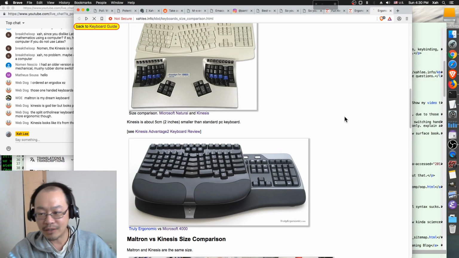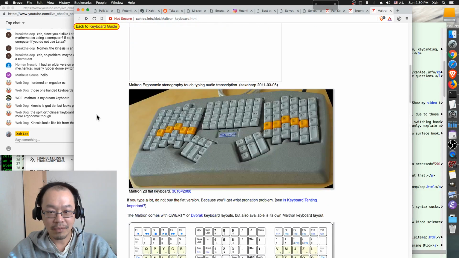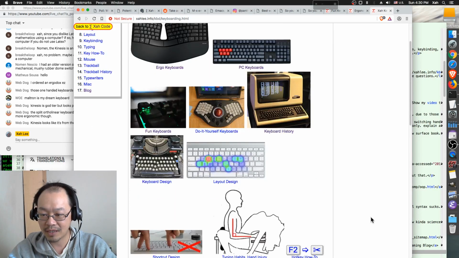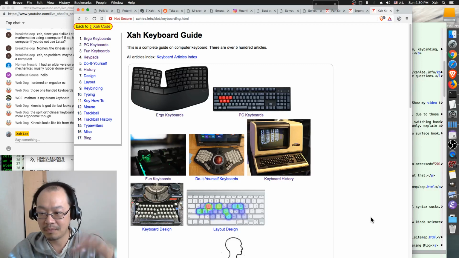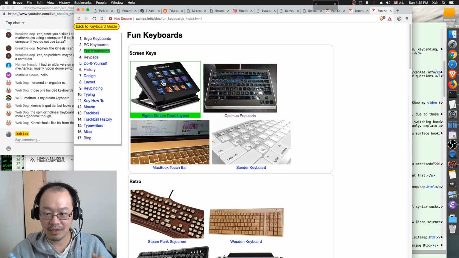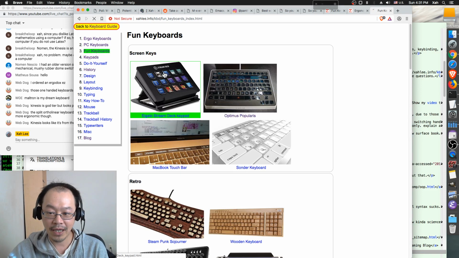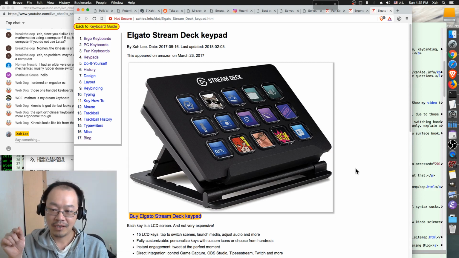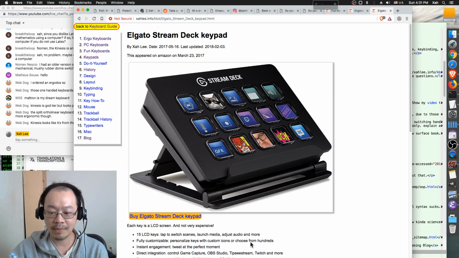Yeah, actually, let me quickly go over this topic because then we can focus on some specific thing we can talk about. So anyway, fun keyboard is just a bunch of funky ones. This programmable keypad is actually with display, and this is very good. This is cheap, I think 120 or 150, something like that. You go to Amazon and you check it out. And each key is a little TV.